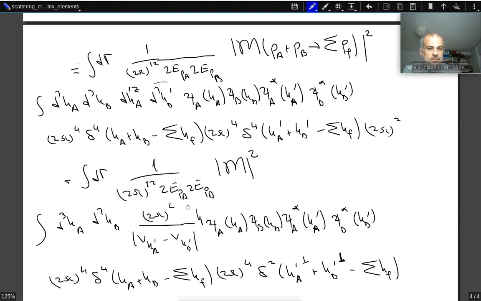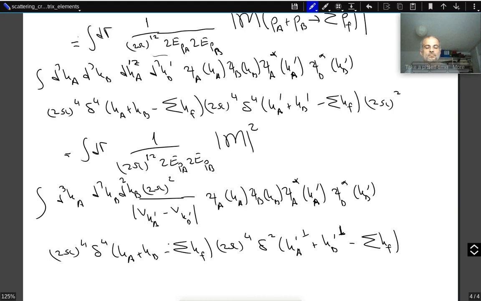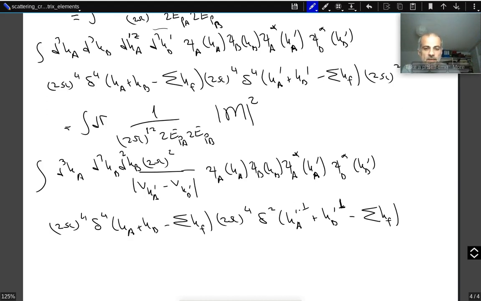There is another integral over d²k, the remaining components of kb. And keep in mind that ka prime perpendicular was already ka perpendicular. And using this Dirac delta, there's a 2π squared. Now using this Dirac delta over here, we can calculate the kb prime perpendicular integral. And that would give us